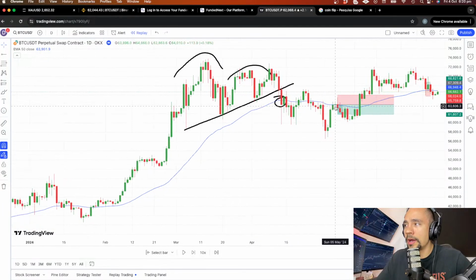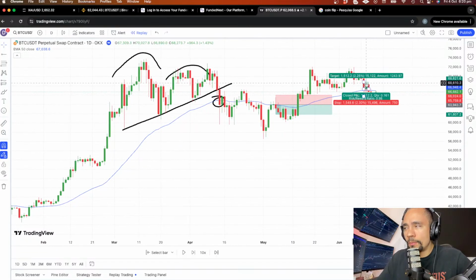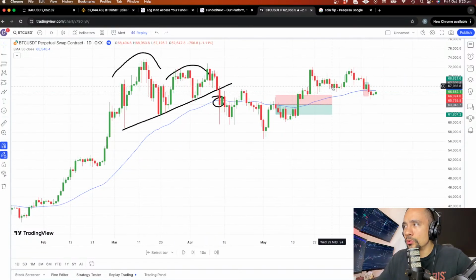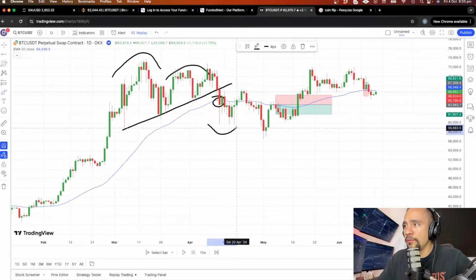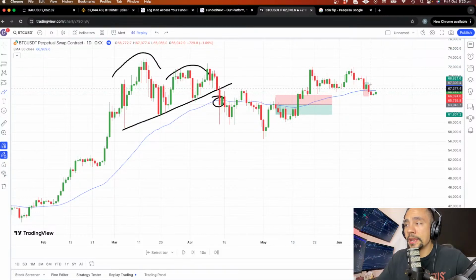There is no topping pattern here, okay? All right, this one is also much better than that one. There is no topping pattern here. The market actually now becomes bullish again because it formed an inverse head and shoulders. We break the pattern, so now we made a high, higher low, probably a higher high, something like that. So it's a better setup.